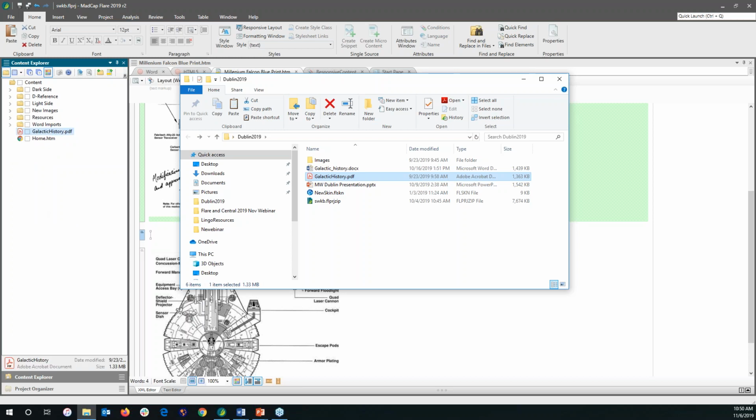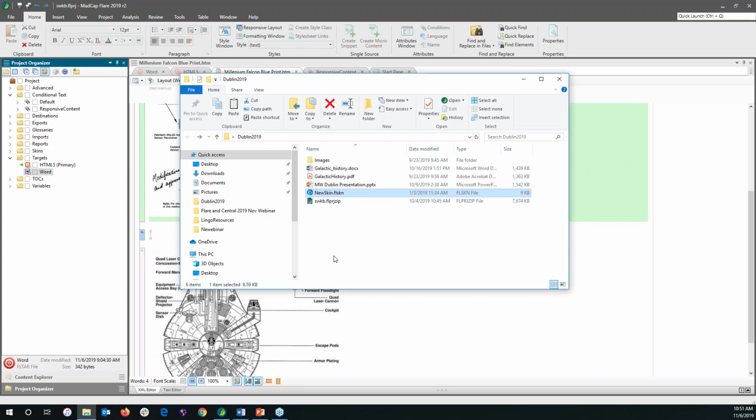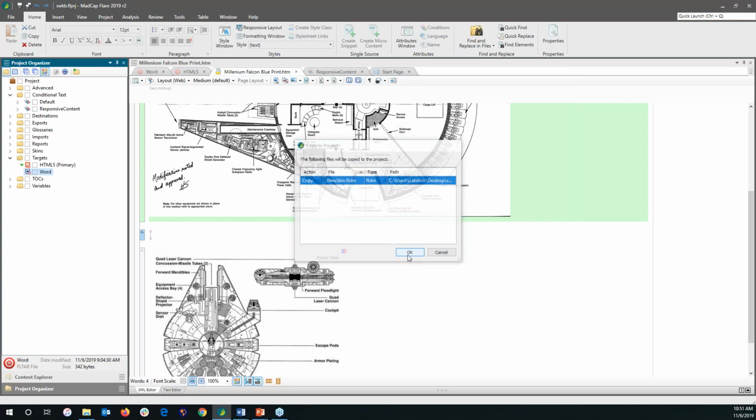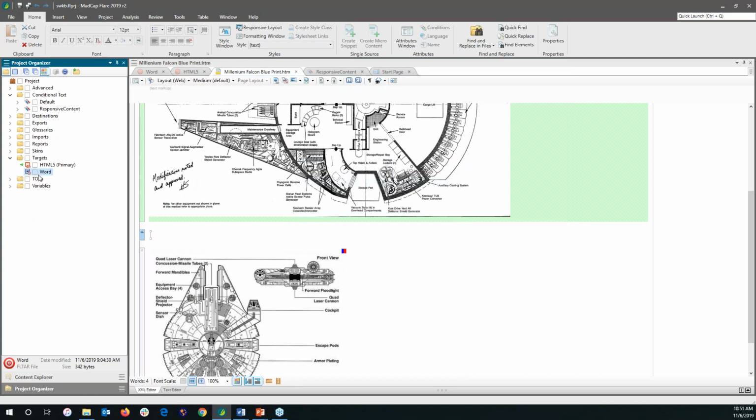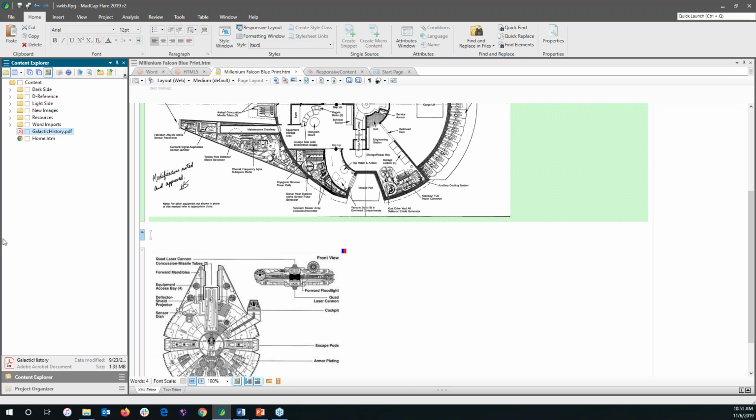And now if we do accidentally drop a file into the Content Explorer that shouldn't go in there, like a skin file, oops, Flare will actually detect that it's a skin file, it doesn't belong in here, it won't let us drop it in. But if we do drop a file into the project organizer, like that same skin file, Flare will actually sort it out for us. So once I go ahead and copy this in, it automatically puts it into the folder that it's supposed to be in. So that way we know exactly where to look for it. Now, if we do drop a file that we can go ahead and import, this will prompt Flare to ask if we would like to copy the files into the project or import them in with the new import wizard,